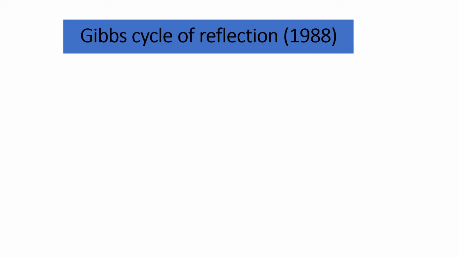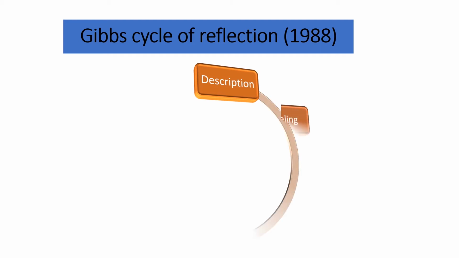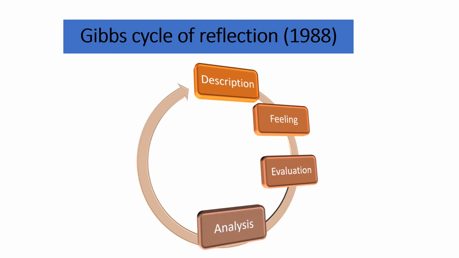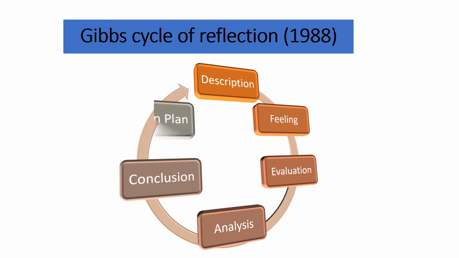Start by describing the readings, module, or experience that you've been asked to reflect on. Then describe how you experienced that, your feelings around the event. This leads to a judgment or evaluation, which in turn leads to an analysis of how and why in terms of the success or failure of the experience. That should lead to being able to make some statements to sum up what you have learned from the experience and propose a way forward in terms of knowledge and practice. I'll discuss these steps in a little bit more detail now.